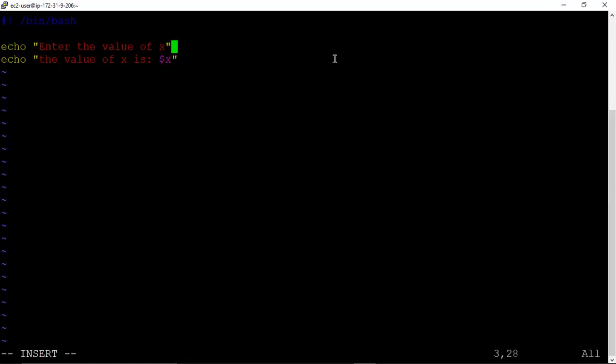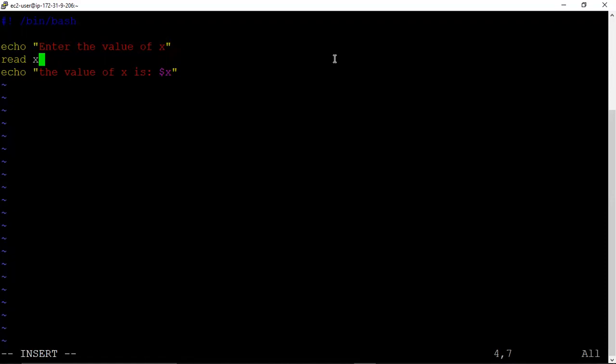Now we are not interested to assign x is equal to 15, x is equal to 10 here. So what we use, read, and just we say X. So here X acts as a variable.